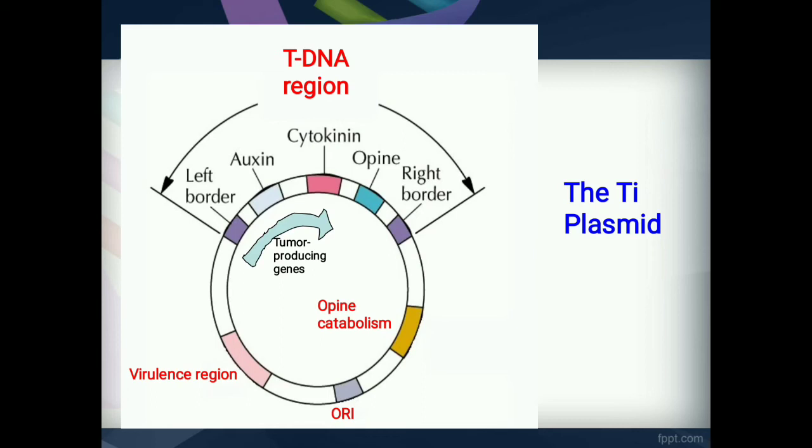Due to the ability of the bacterium to insert the Ti plasmid into the nuclear genome of the infected plant, gene transfer in higher plants through Ti plasmid can be achieved. Gene transfer is a very important factor because the tumor producing gene becomes the marker gene. Therefore, Agrobacterium tumefaciens is most widely used for gene transfer. There are many other genes also, like the Cry gene and the nif gene, that is the nitrogen fixing gene, etc. And you must also know about Rhizobium. So these are different.